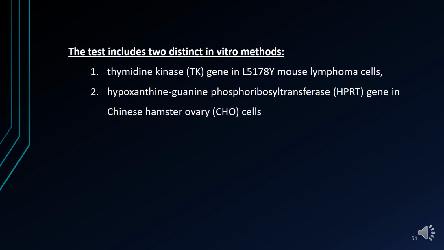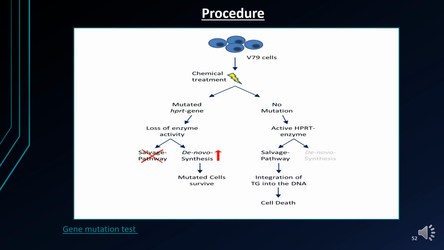So the test includes two distinct in vitro methods: the thymidine kinase gene in L5178Y mouse lymphoma cells, and the hypoxanthine guanine phosphoribosyl transferase gene in Chinese hamster ovary cells. For this, the cell line will be exposed to the test substance, meaning chemical treatment is there. Then if there is a mutated HPRT gene, there is a loss of enzyme activity and that